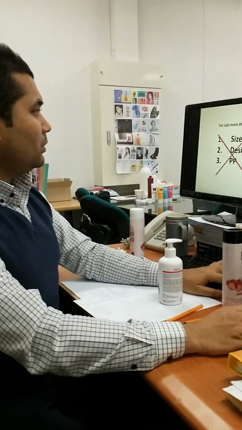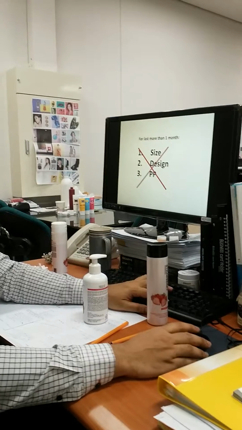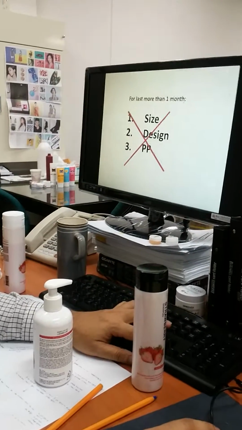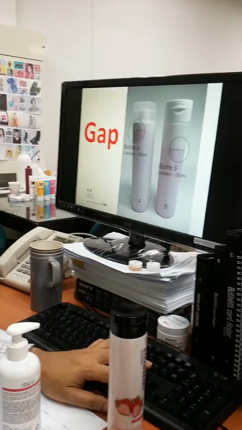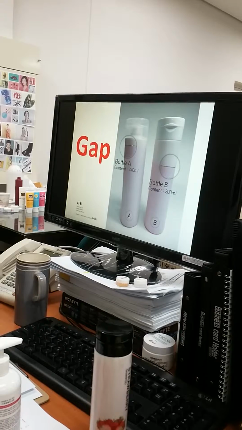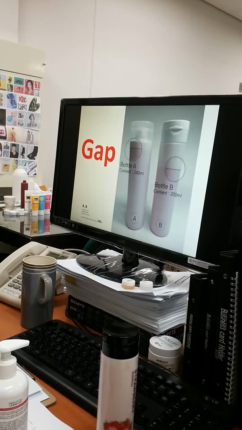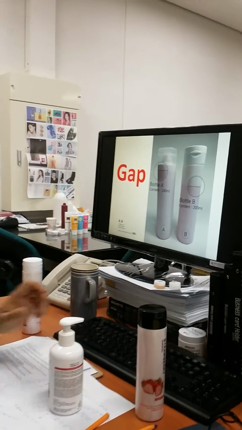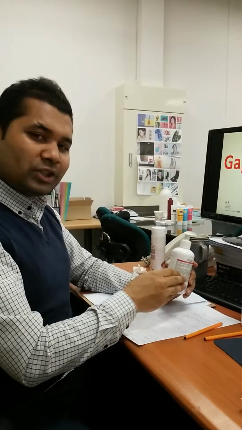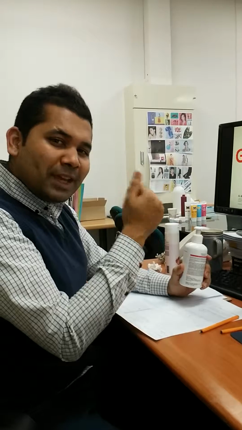So now we think the size, design, or PP is not the prime concern at this moment. This is more about the gap. Why do I say so? Because if you think that probably a thicker PP might help the content to be hidden,